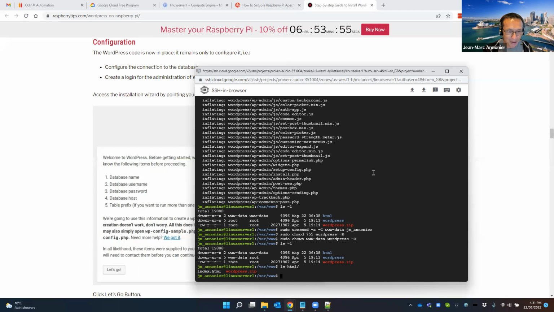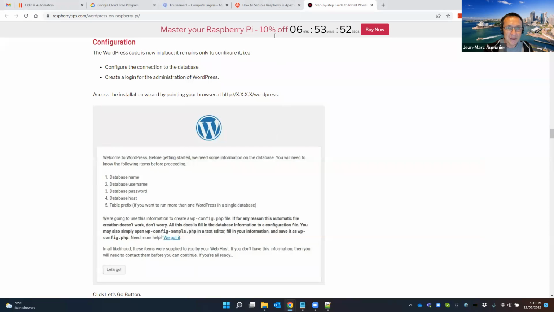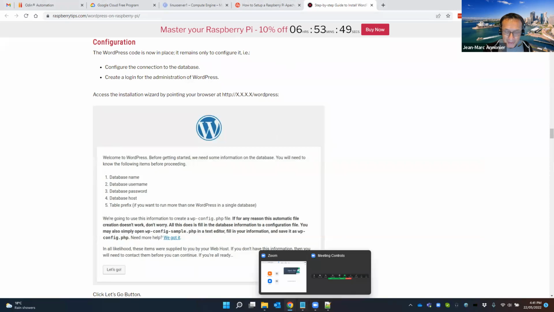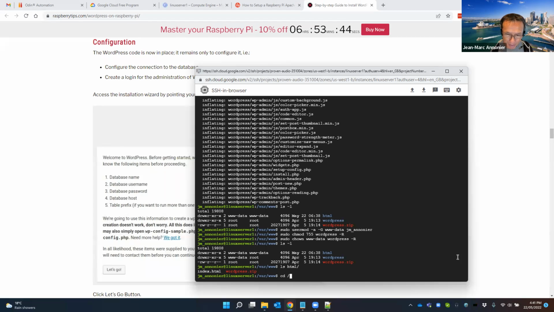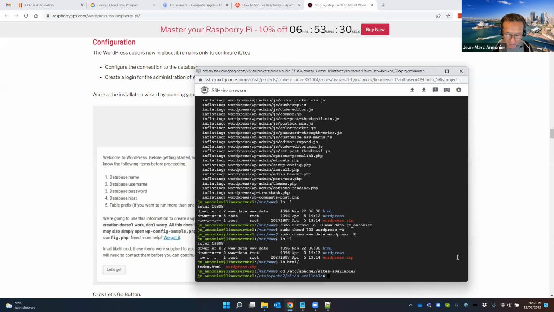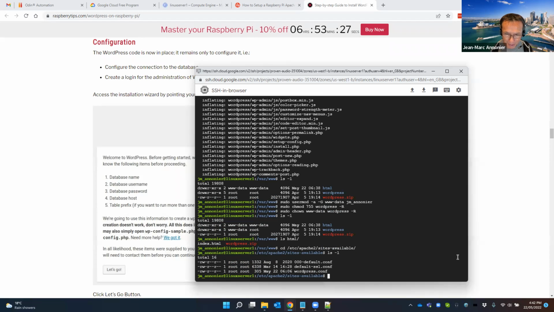So for this, we need to actually go and check a few different things, which are in the Apache configuration folder. So we go to /etc/apache2/sites-available. And you see that there is a file that I have already configured there, but you need to create this file. It's called the WordPress.conf file. And I'm just going to open it. So you do sudo nano